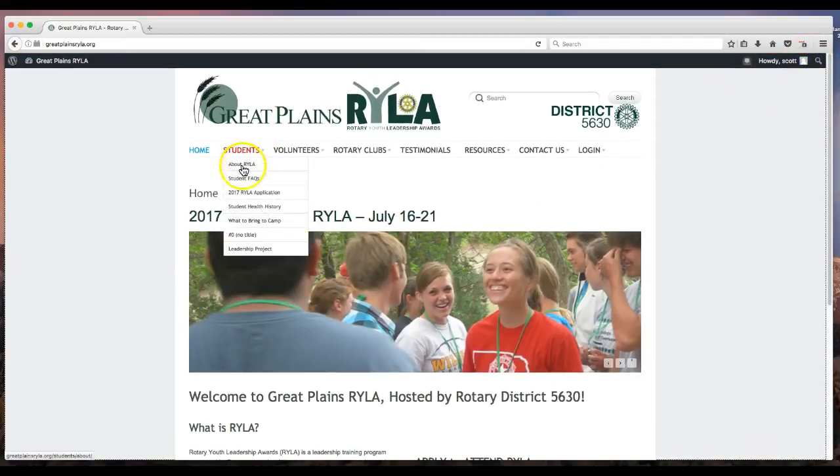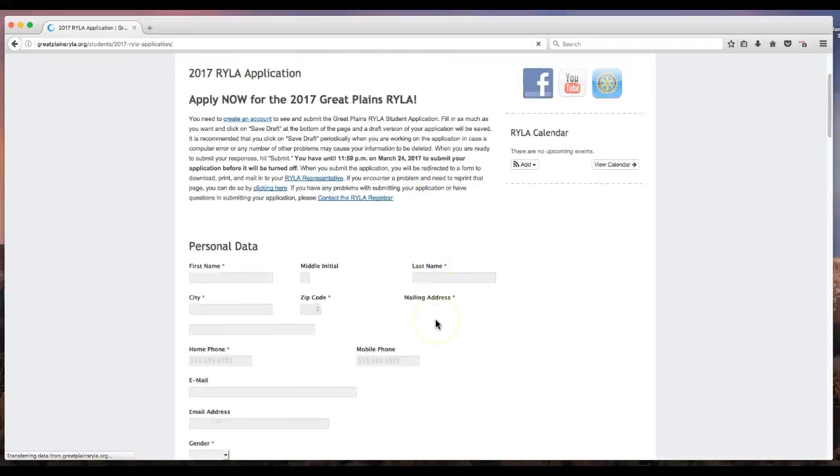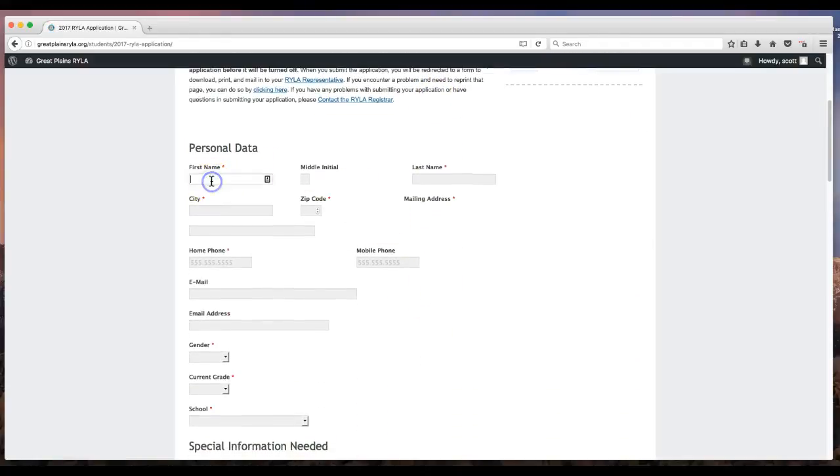If you go to Students and then 2017 RYLA application, you will land on the page that allows you to create your application. And again, fill in all the information as best as you can. Those with the red asterisks, as in here, are required fields. They're required to be entered. The mailing address is down here on this next line. For some reason it's showing up down there. I'm not sure why, but